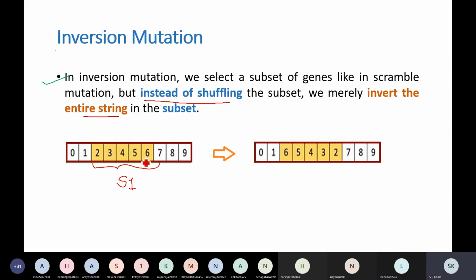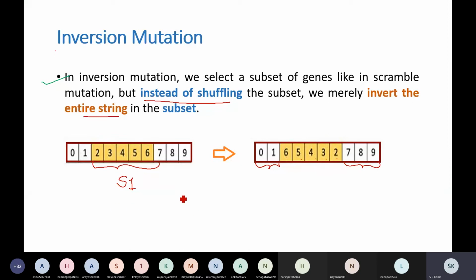Now instead of shuffling it randomly, we will invert it. So we have a sequence 2, 3, 4, 5, 6. So we will invert this sequence. That is 6, 5, 4, 3, 2. So here we have 6, 5, 4, 3 and 2. Remaining bits as it is.